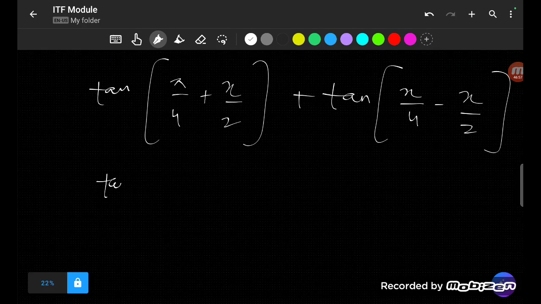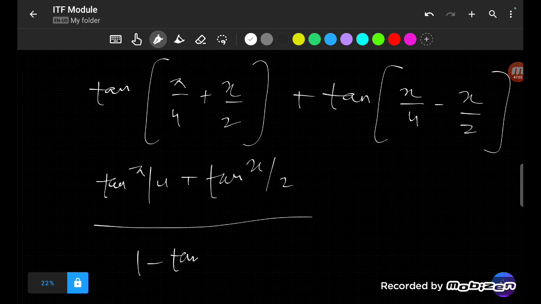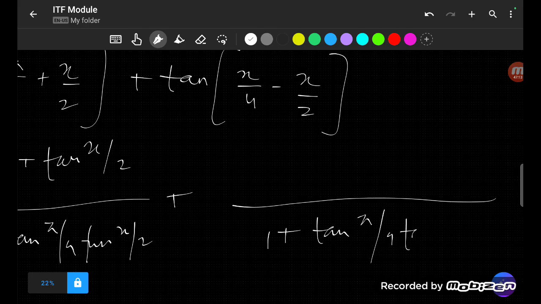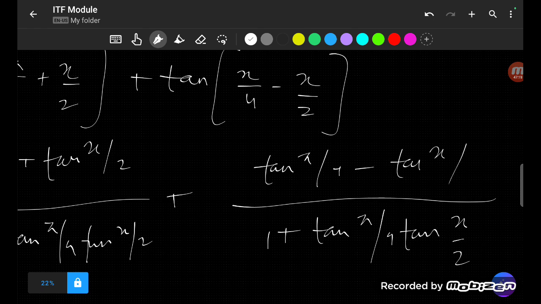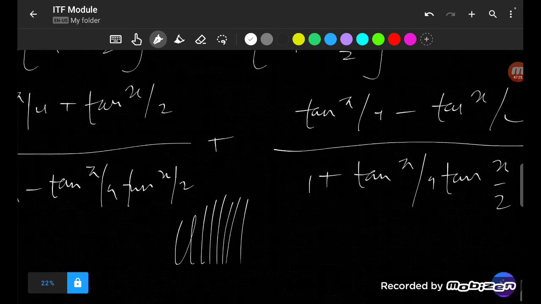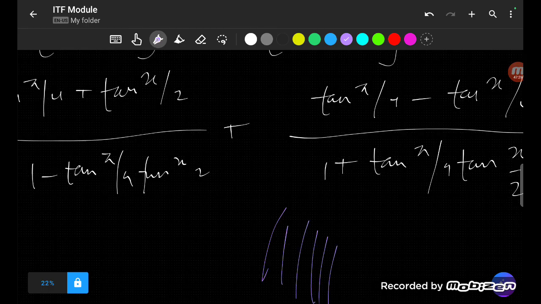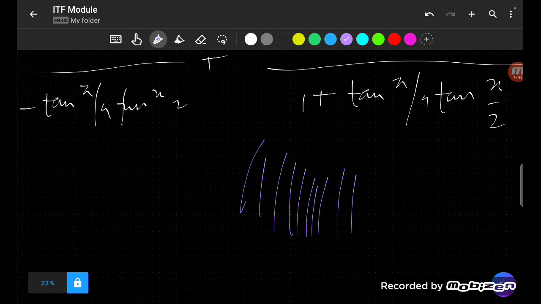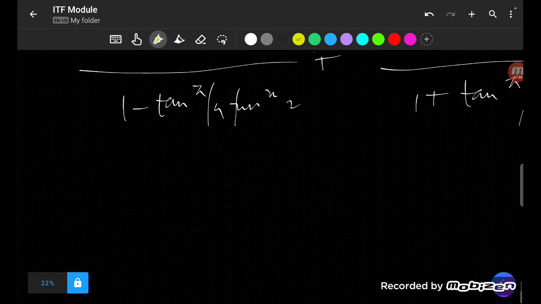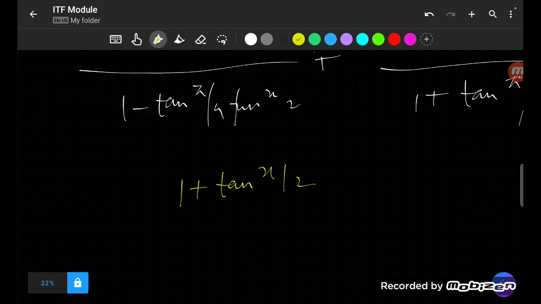So this will become tan a plus tan b over tan a tan b. One plus tan x by 2